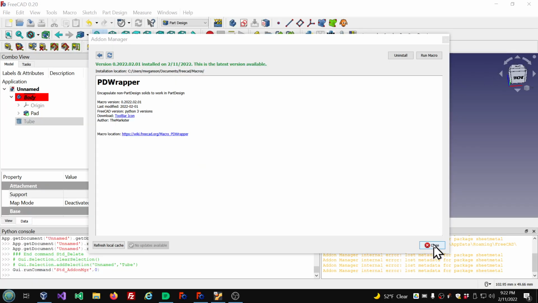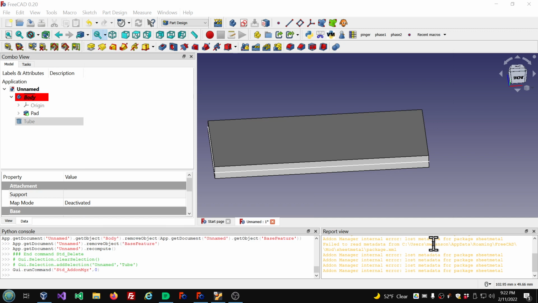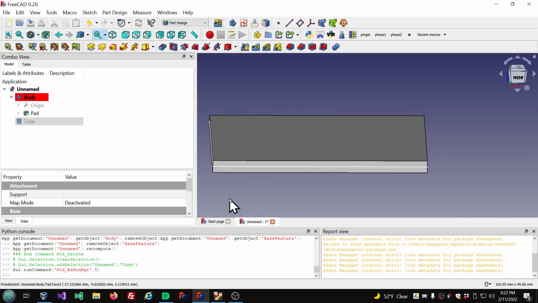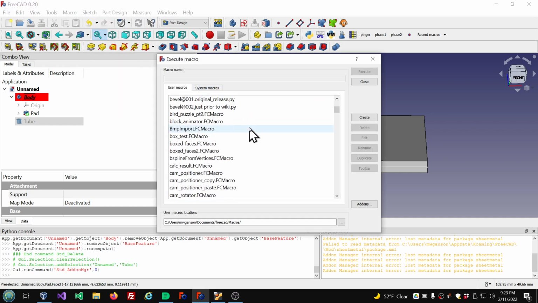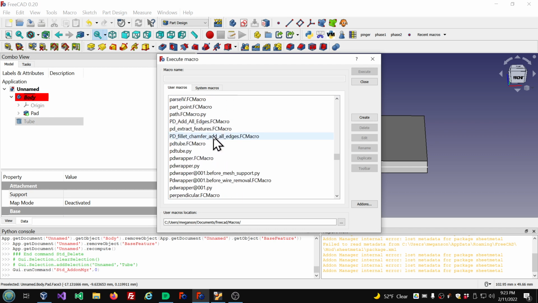If you're using 0.19, the add-on manager will look a little bit different, but it functions basically the same way. Once you get the macro installed, you go to Macro menu and Macro section here, and you have a list of all your installed macros. You can see I have quite a lot. And you'll find here